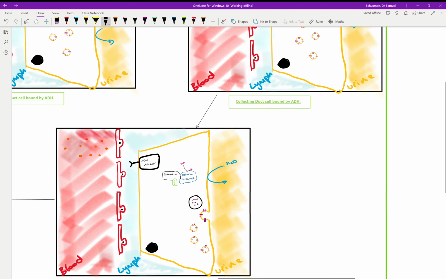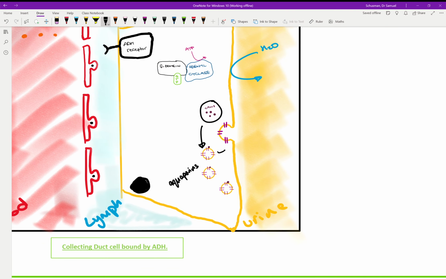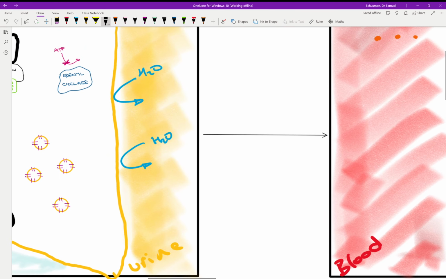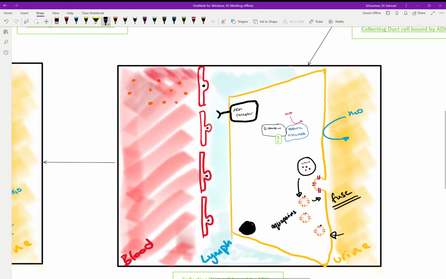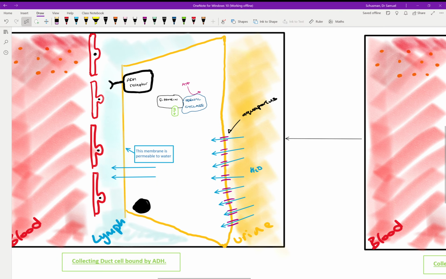It will start binding to these little vesicles, which contain aquaporins in them. So they're sort of studded. And as they do, what they end up doing is basically exocytosis, and they will fuse with this membrane. This membrane is usually impermeable to water, as we see here. But now, what ends up happening is you get all these vesicles fusing, and you've now got all these water channels, these aquaporins, allowing water to go down its water potential gradient,